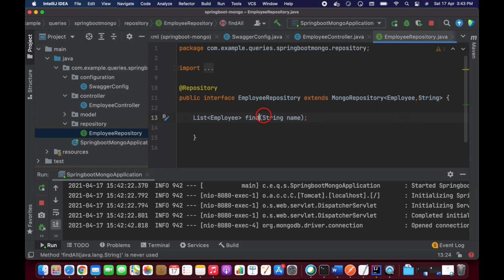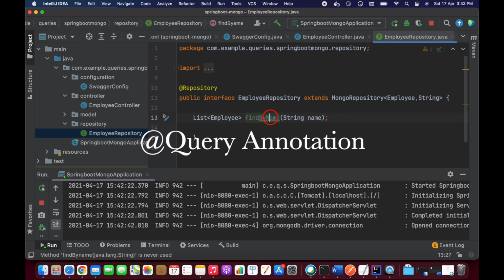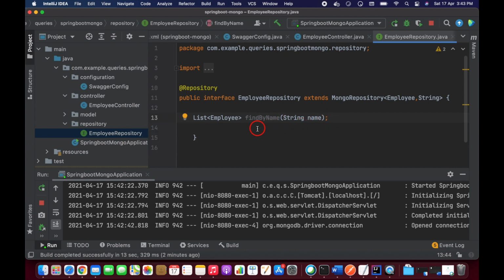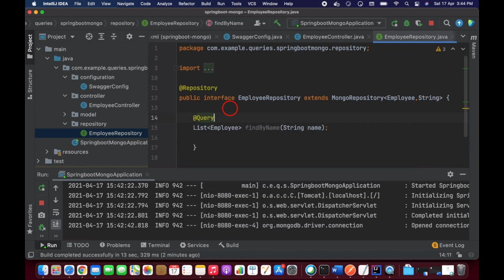So let's take this find by name. So here what I'm going to do is use @Query. So inside this query, I'm going to write some query here. Okay, so how we are going to write, we can see now.